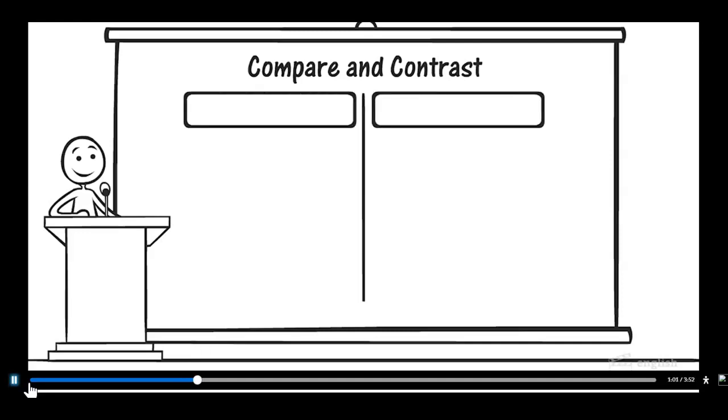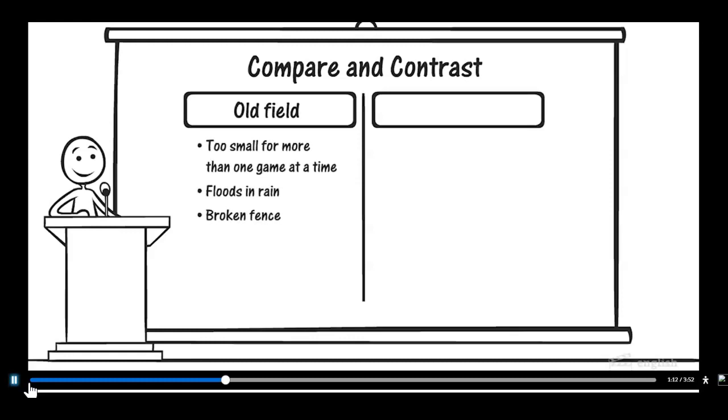First, a speaker or writer needs to choose a method to organize the information in a way that supports the purpose. I've chosen compare and contrast. That will help me persuade, I think. Athletes need functional athletic fields to play their sports and have spectators at events. So first, I'll tell why the old athletic field isn't functional. Then I'll draw a contrast with the proposed new fields.